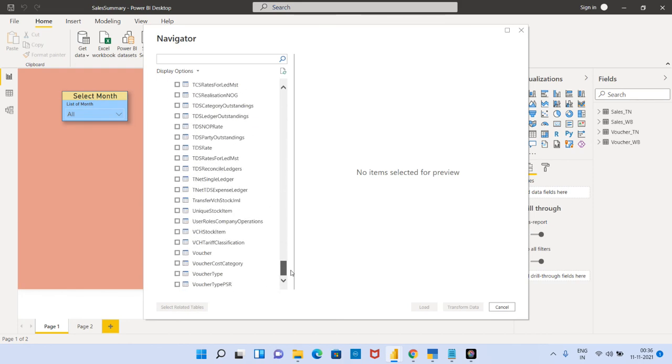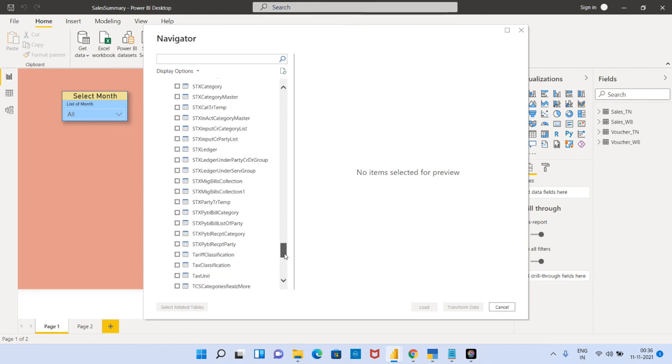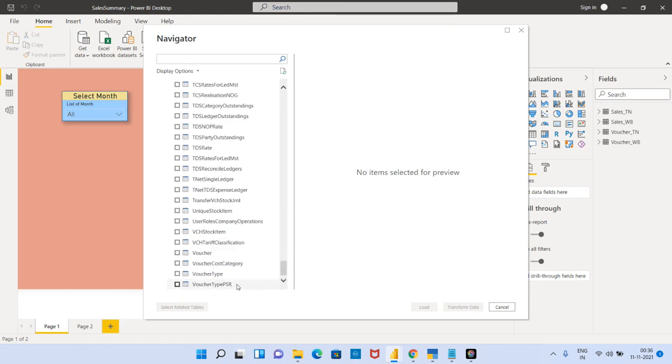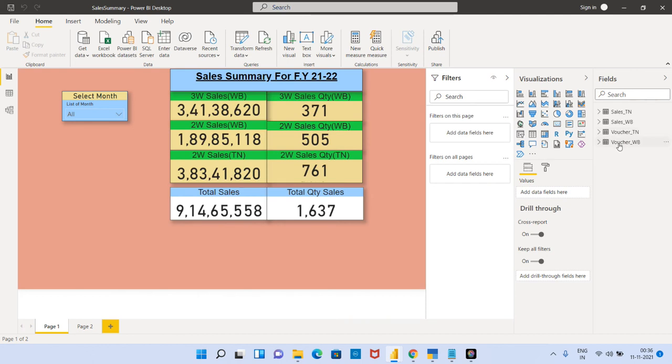Okay, so I need two tables. One is the voucher and another is the sales. Okay, I just rename these tables here in Power BI. That is voucher WB, voucher TN, and sales WB and sales TN. Okay,